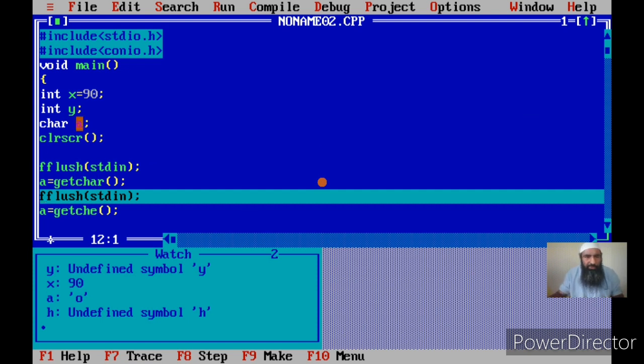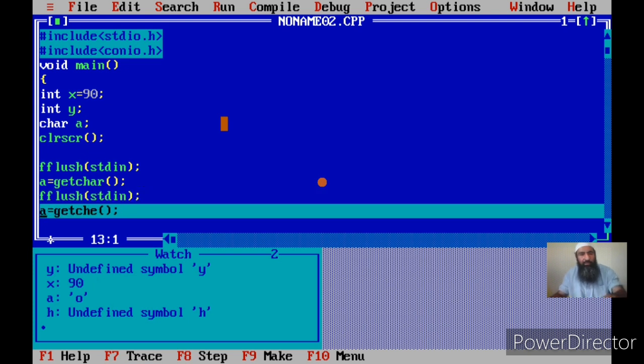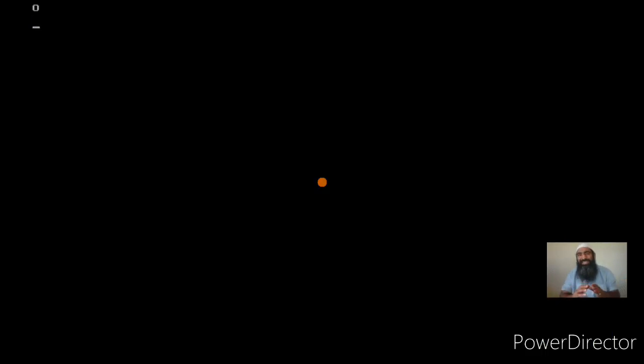It has completed its job, and the character that you have inputted has been stored in A. I have pressed the O. Now you can see A in the watch window, O is stored. Before this there was a junk value. Now F7 again. getche stands for getchar with echo. The difference between getchar and getche is that the moment I press a key, you will see that key displayed on the screen, and it will not wait for the enter key.